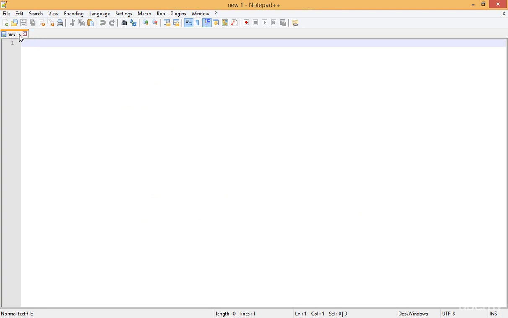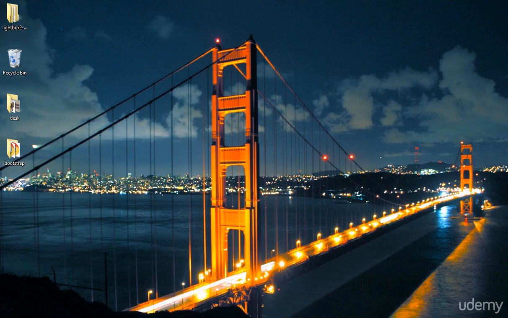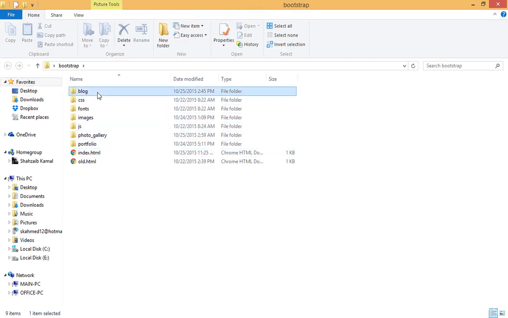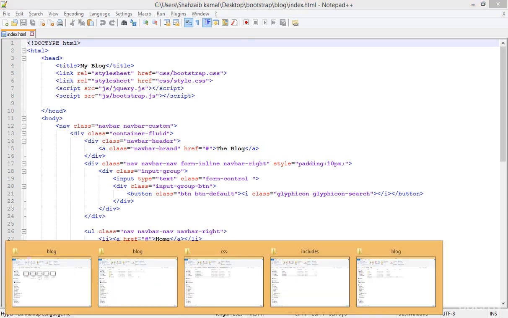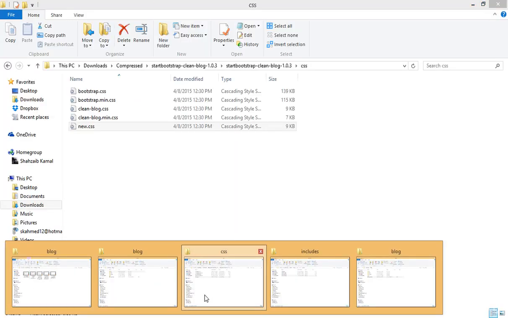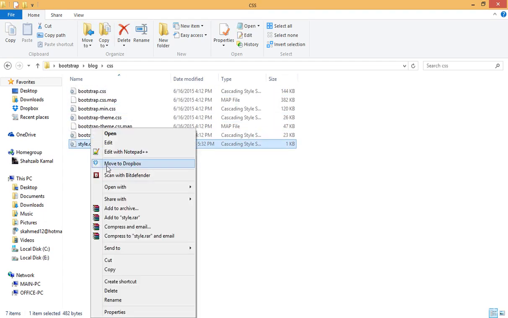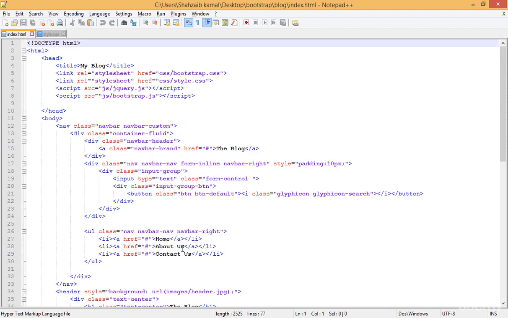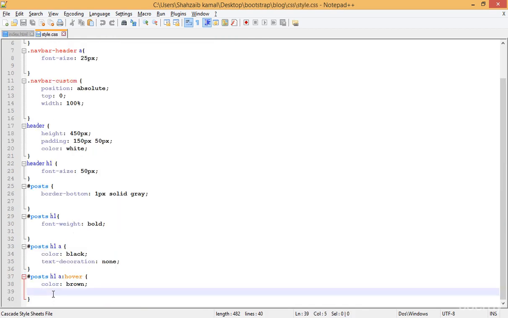Go to the style.css. Oh, I just closed all the things, so I have to go to the bootstrap again, the bootstrap folder, and there is a file. I just mistakenly closed all the files, which is not a good thing, by the way. So there is the CSS folder. Oh no, there is a CSS folder. Let's just open this style.css, and I just opened that. Well, this is the index.html file of our project, and this is the boolean down boolean. I'm just clicking on the style.css, and there